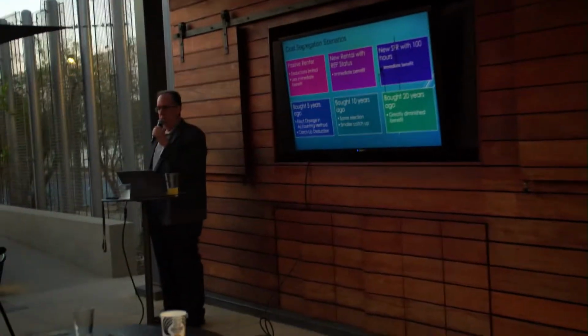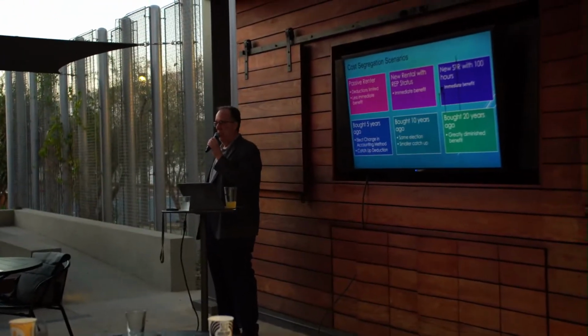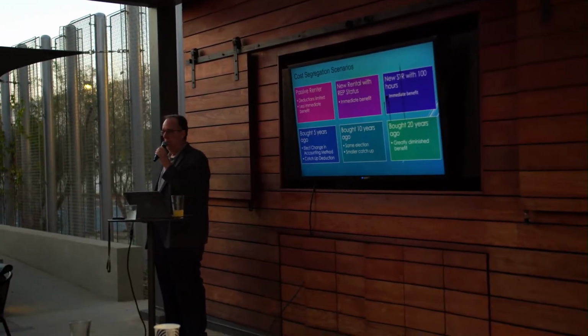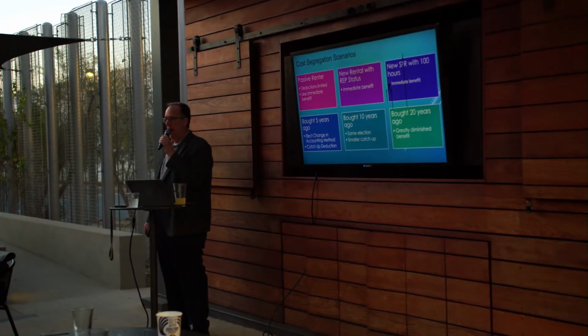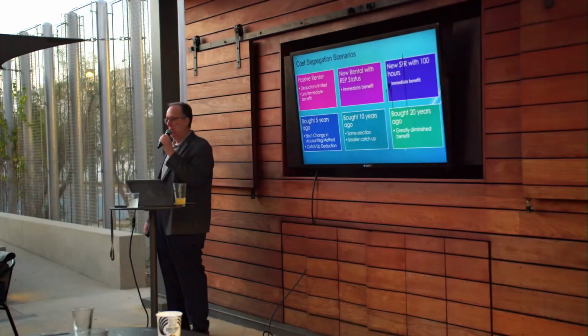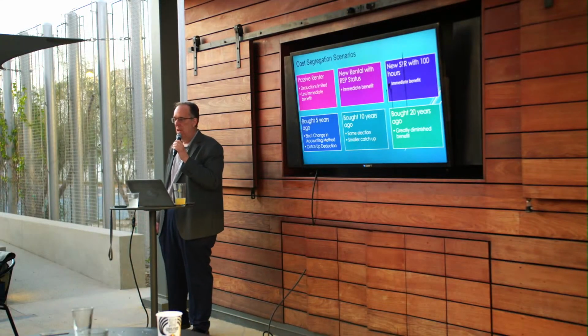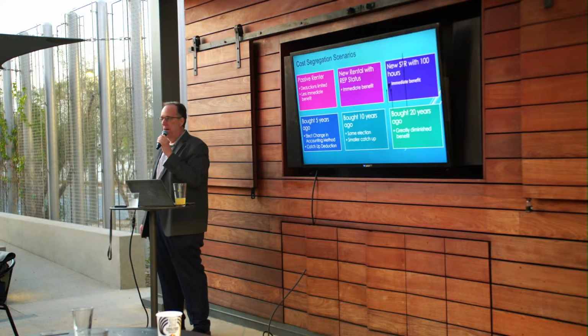What does that mean? So with a real estate professional, you have to have 750 hours per year in order to be considered a real estate professional. And I believe that the other rule is that it has to be higher than any other role that you have. So for a full-time professional, they effectively would have to have 1,000 hours. They'd have to be working like Elon Musk or something like that. That's ridiculous. Now, with short-term rentals, you can, if you perform 100 hours of work on the property and